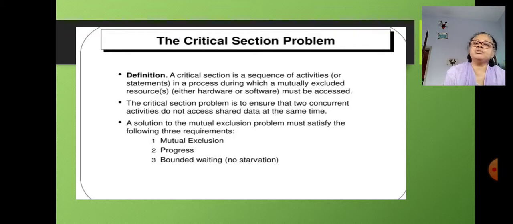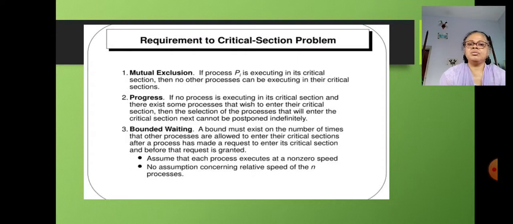A solution to the mutual exclusion problem must satisfy the following three requirements: one is mutual exclusion, second is progress, and the third is bounded waiting. Now, what are the requirements of the critical section problem? Mutual exclusion: if process Pi is executing in its critical section, then no other process can be executing in its critical section.